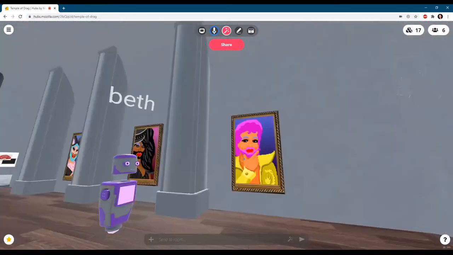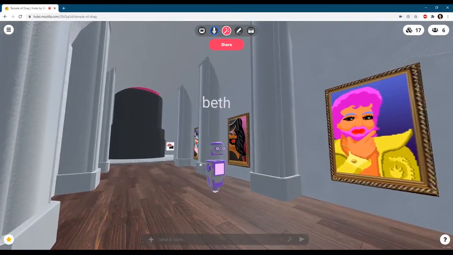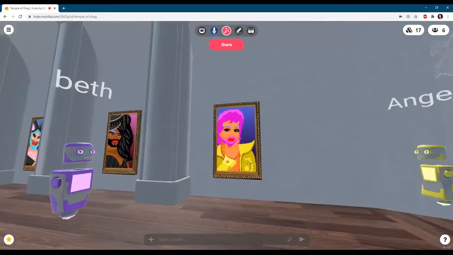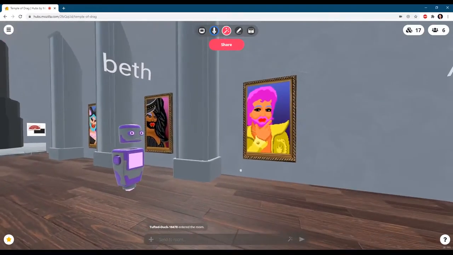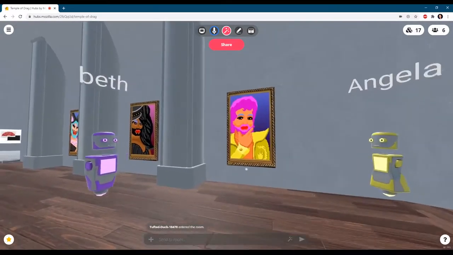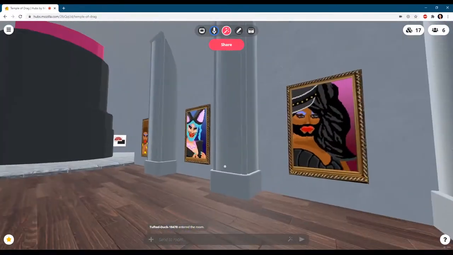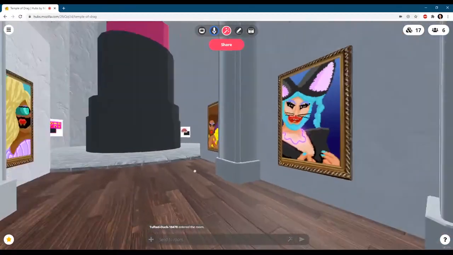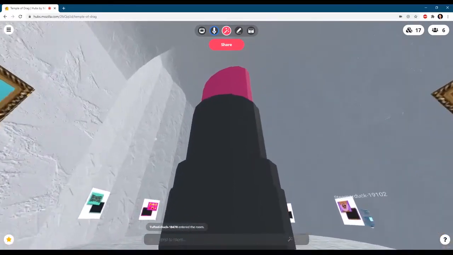I call this the Temple of Drag, and it is dedicated to all things silly and sparkly and pink and cross-dressy, because I am developing a game about bearded drag queens who fight over cash tips that rain down from the sky. All of these characters that you see on the walls here are actual playable characters from the game. And then that takes us towards the main hall,